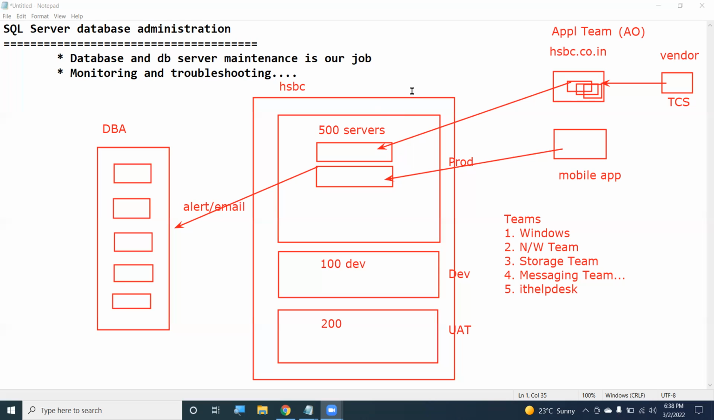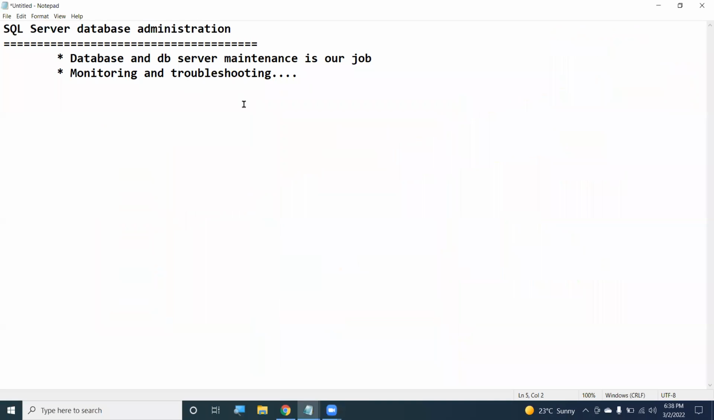In the same way, we have different teams and so many applications. Each application has one or more different vendors. That's why, as part of regular activities here as a DBA, one is